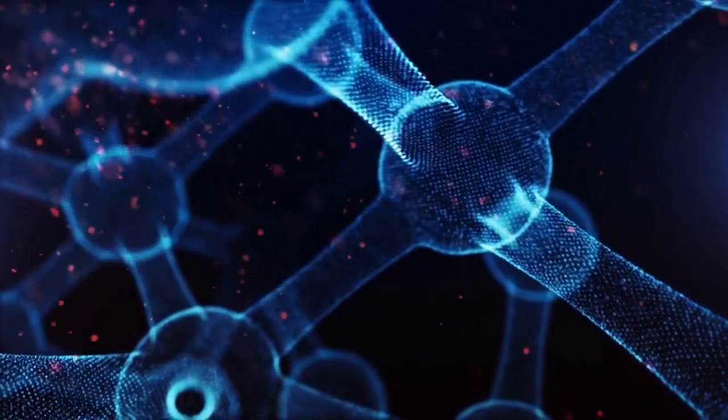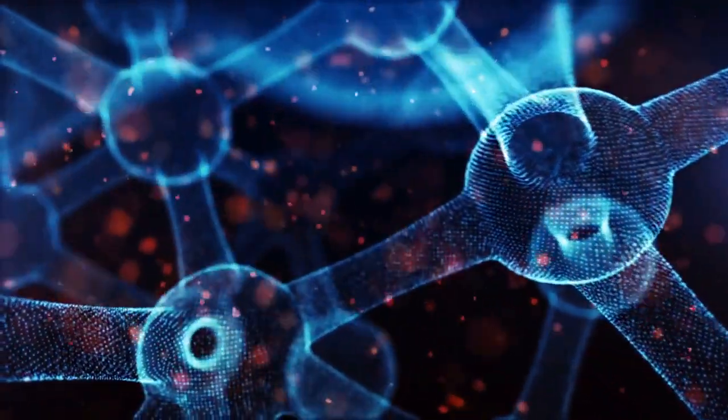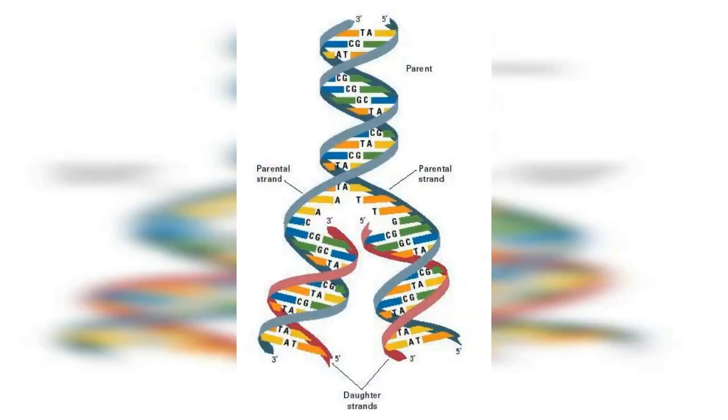The function of DNA is to store and transmit genetic information. When a cell divides, the DNA must be replicated so that each new cell receives a copy of the genetic code. This process is essential for the growth and development of an organism, as well as for the repair of